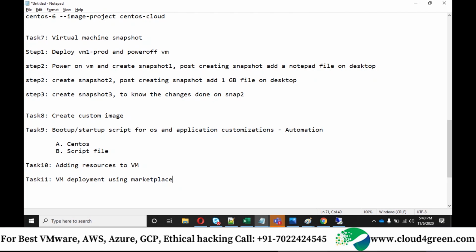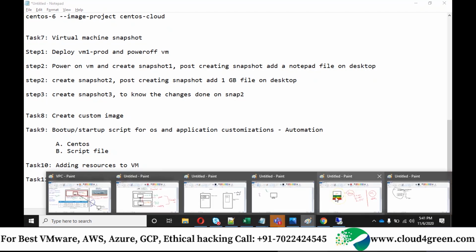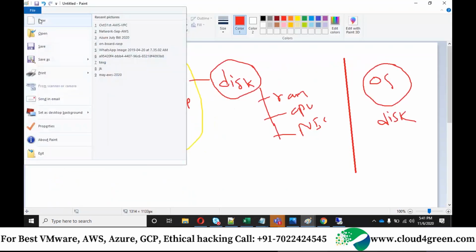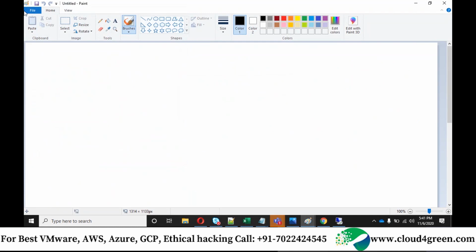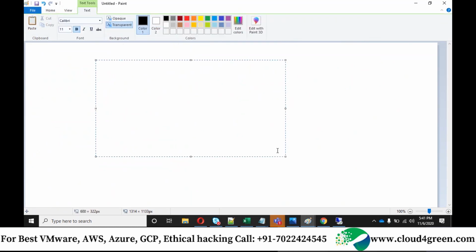Okay, next method is called VM deployment using marketplace. Let me give a hint about what this is all about. So you all know the Play Store, right?